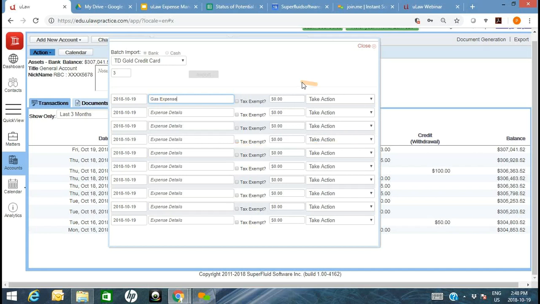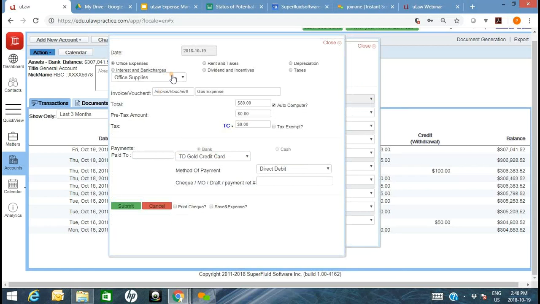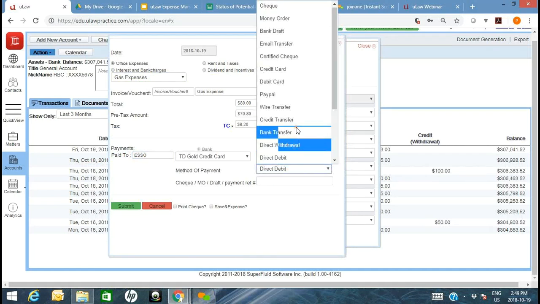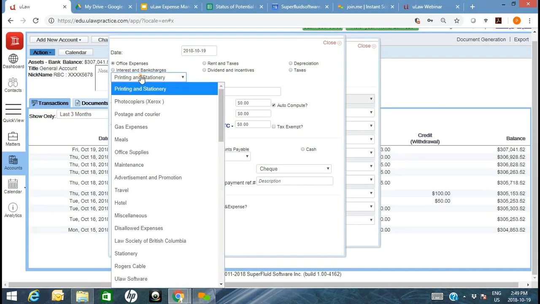gas. If it's $80 including tax, you can just say it's an office expense. It pre-populates all that information. Gas expenses, $80, captures the pre-tax and tax, and you can just say SO again, or the credit card. You can even say save an expense and move on to another expense right after submitting the gas expenses. So now you've technically recorded a purchase of an iPad and a gas expense in the same day,